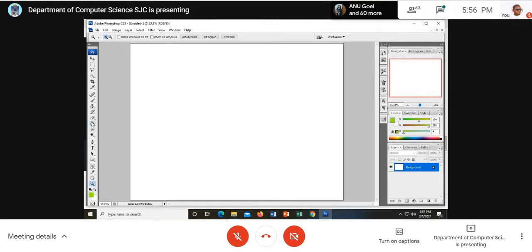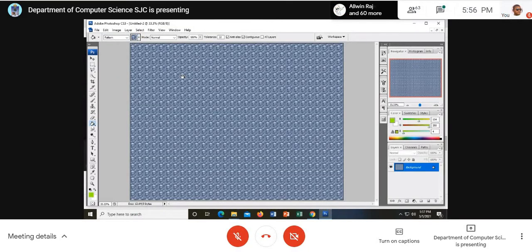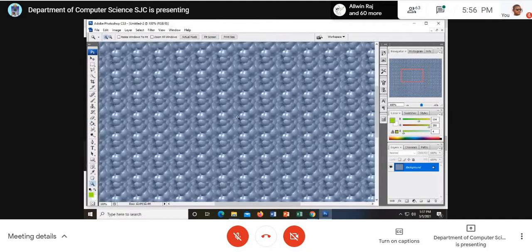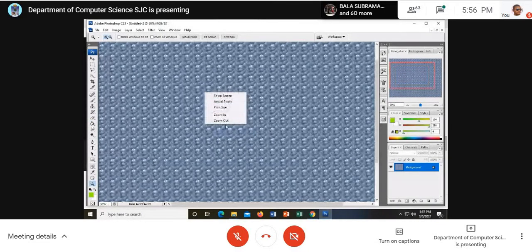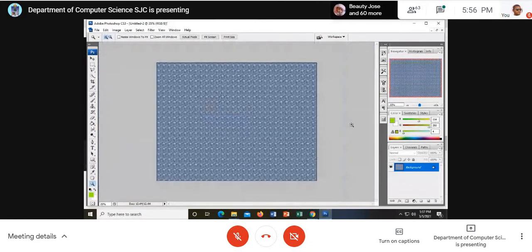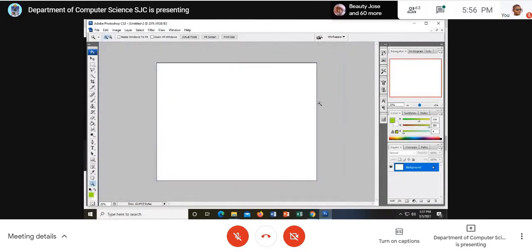Now look at there once again. I just select this tool called the paint bucket. Go on the top, choose pattern, click here and choose any background that you want, any pattern that you want. See here, I've got this as a background. This is an image. Right now I don't want this. I want to go for some other. I press Ctrl Z.